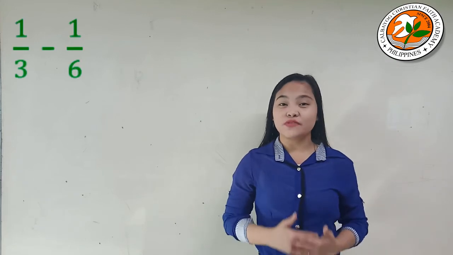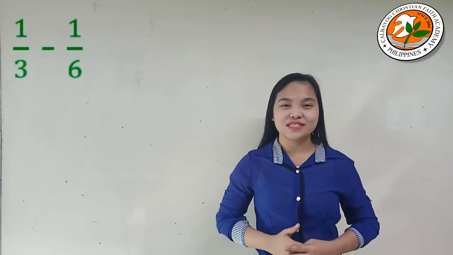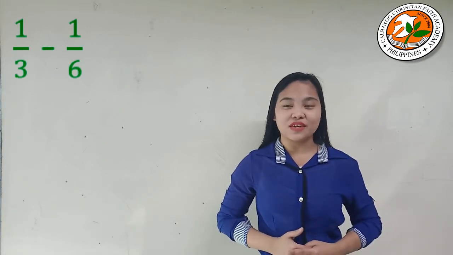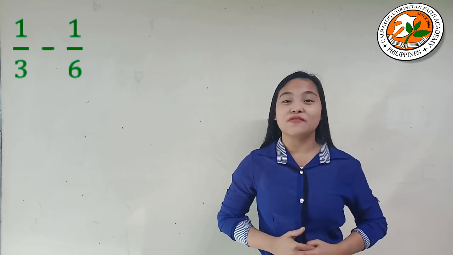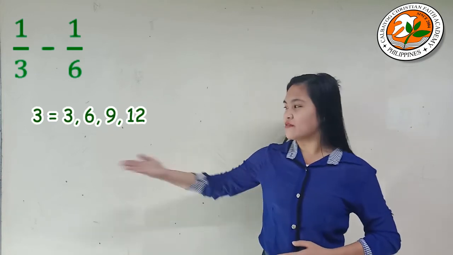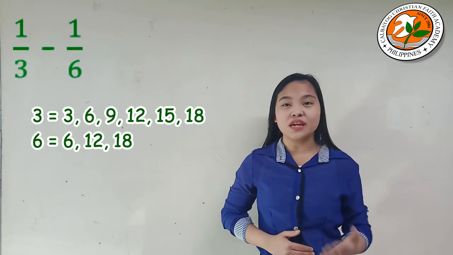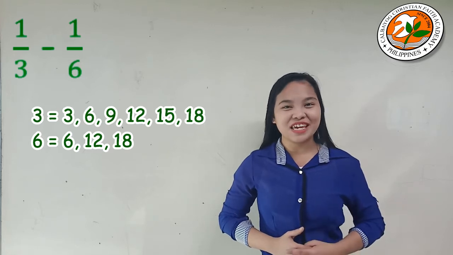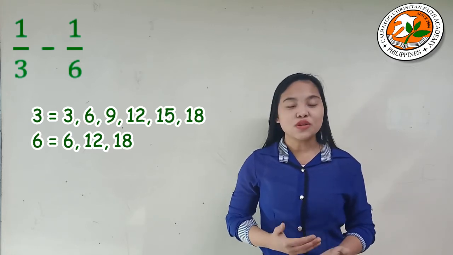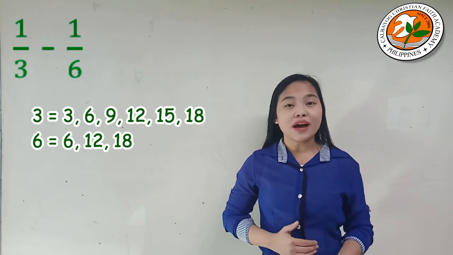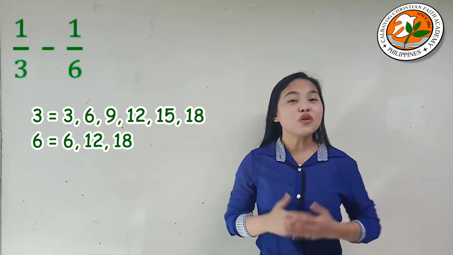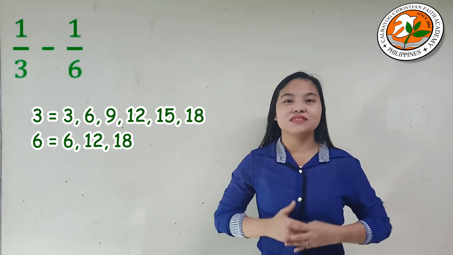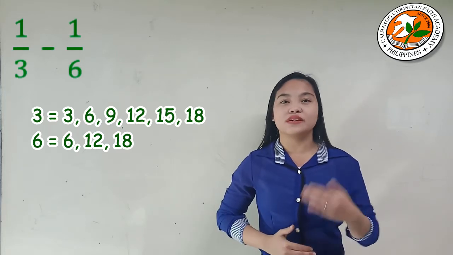Example, 1 over 3 minus 1 over 6. First step, find the LCD or the least common denominator by writing the multiples of 3 and 6. So like this, we have here the multiples of 3, which are 3, 6, 9, 12, 15, and 18. The multiples of 6 are 6, 12, and 18. So if you observe that they have already the same multiple, then that is their least common denominator or their